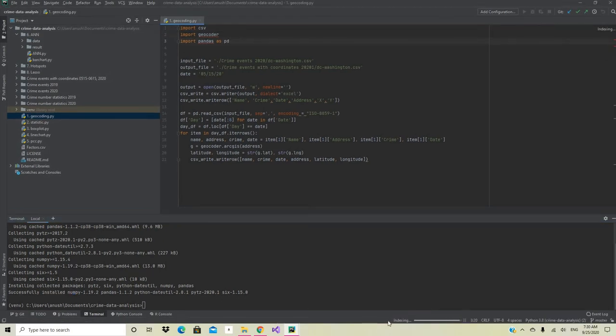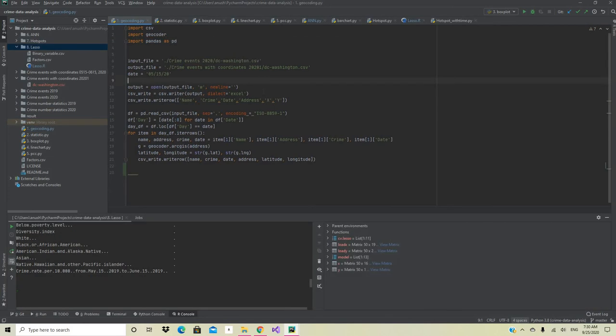Indexing is running now. Once it is finished, pandas will be installed successfully. You need to follow the same procedure for all other packages also. For the sake of time, I'm not showing how to install all the packages.